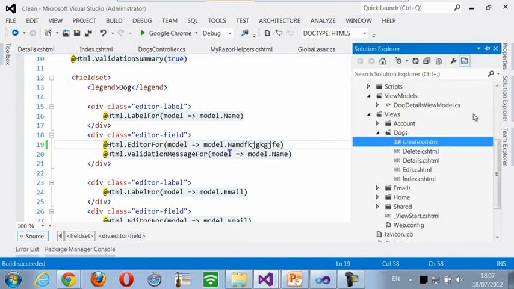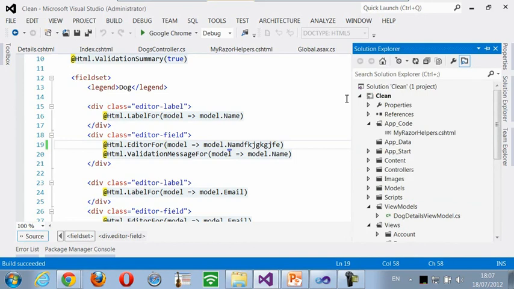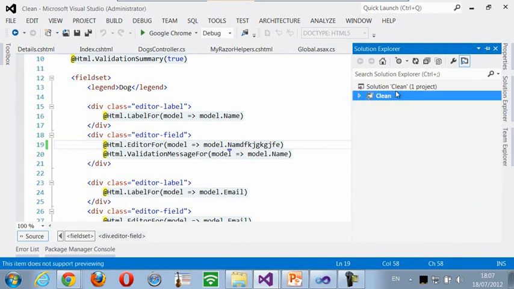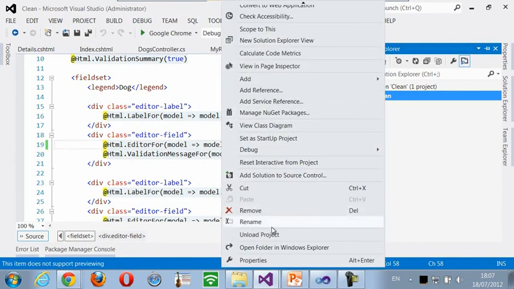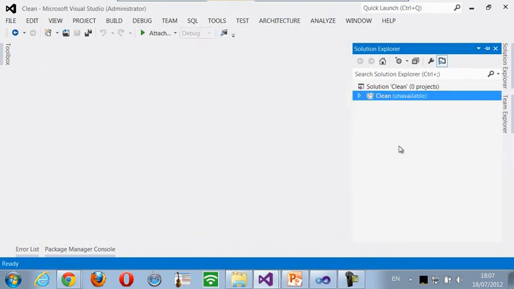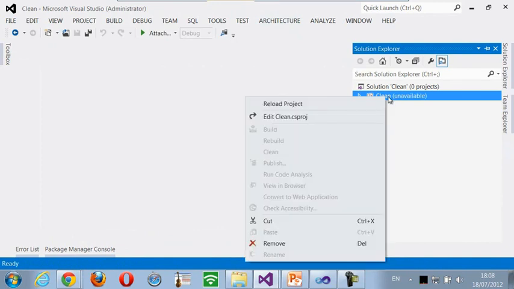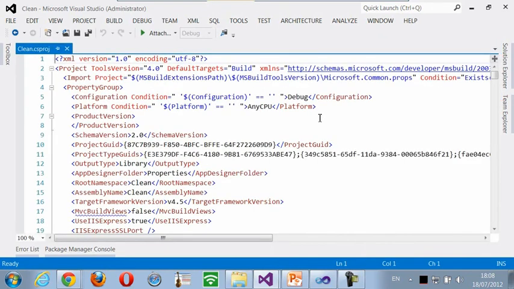In order to do that, you go to your project in the Solution Explorer and you unload it. So you right click on the project name and click Unload Project. Okay, and now it's unloaded. Once it's unloaded, you right click again, and instead of Reload Project, you click Edit and the project name. And now you see this XML